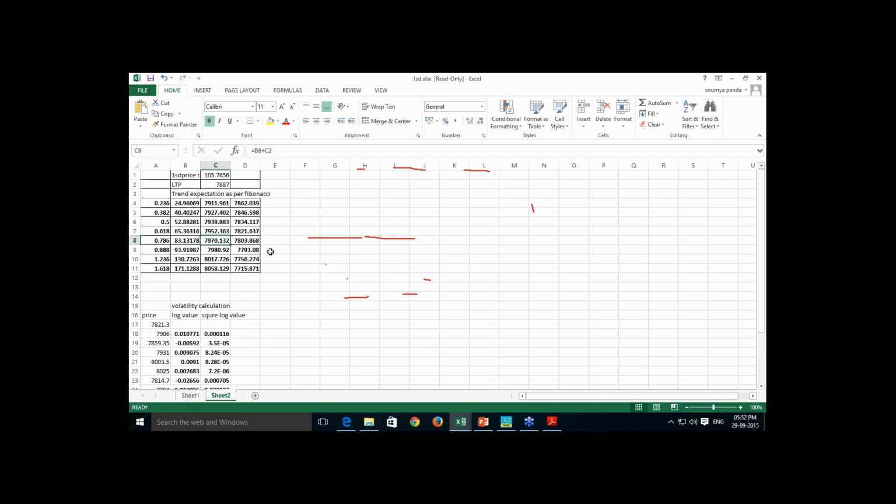So this is what happened in the Nifty today as per the one standard deviation formula, and the levels you have calculated are sufficient to prove that this works in intraday. So this is how I